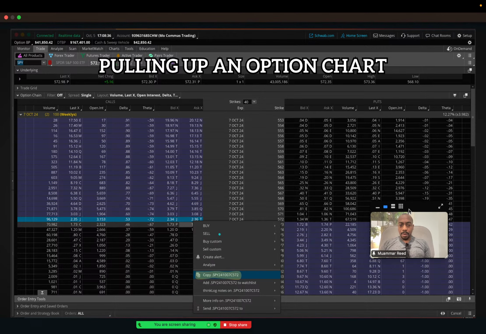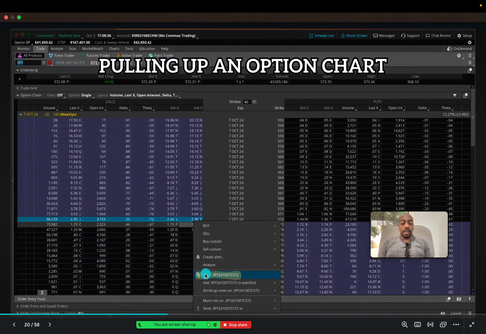And then what is this slide for? Oh, pulling up an option chart. Here was my slide, right? So if you wanted to pull up an option chart and trade on Active Trader like I showed you earlier, you're going to right click the ask, and you can actually do this with the bid too. And then you're going to click copy, and you see that